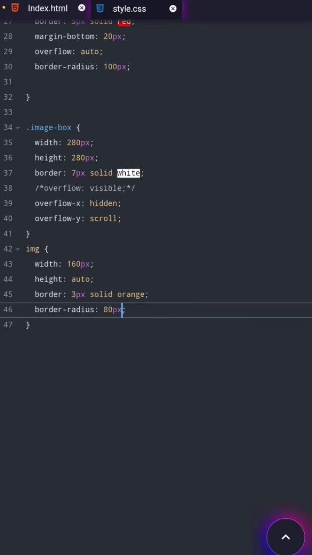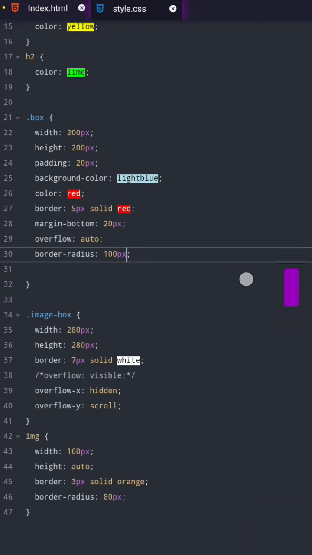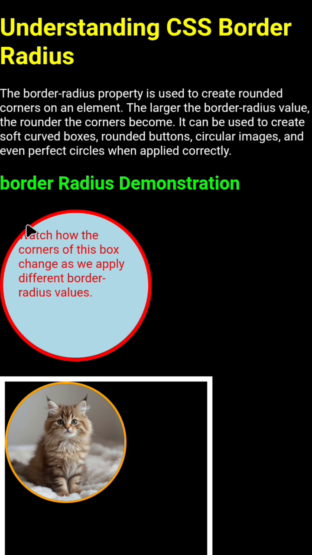But wait, before rounding every box on your page, there is a major trap you need to watch out for. When you use a large border radius, the browser slices off the sharp corners of your box. If you have text or other important content sitting too close